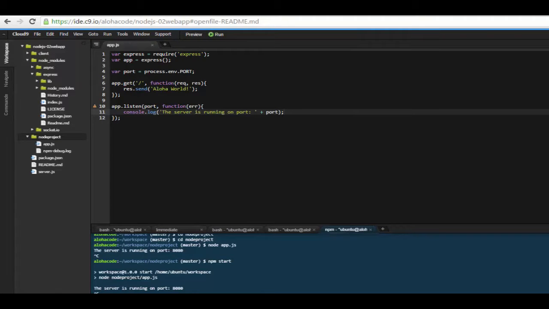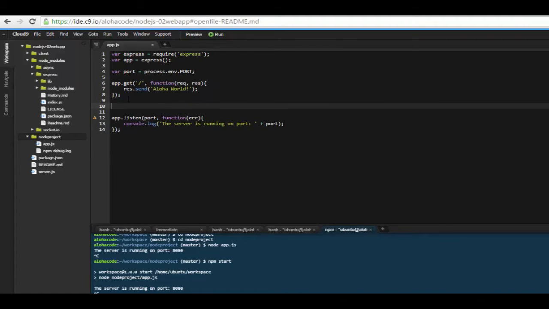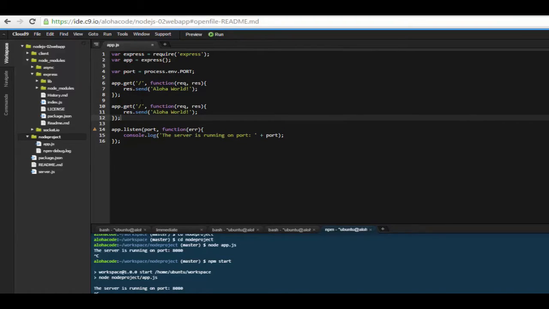Let's go back to the IDE. And as far as routing goes, we can create one so simply by copying what we just wrote and pasting it below the original app.get. So let's do that. Now, if we add a particular path like /routing, for instance, and say Aloha routing, we can then save the file,